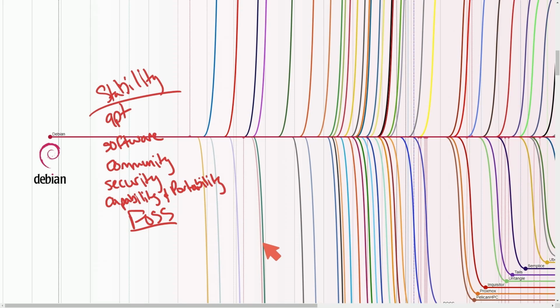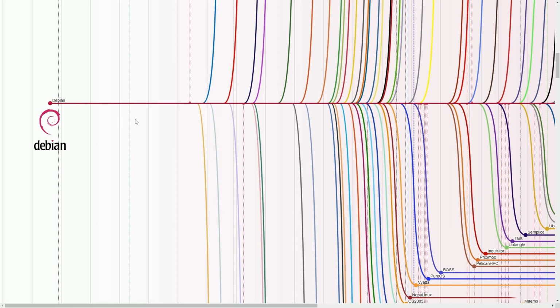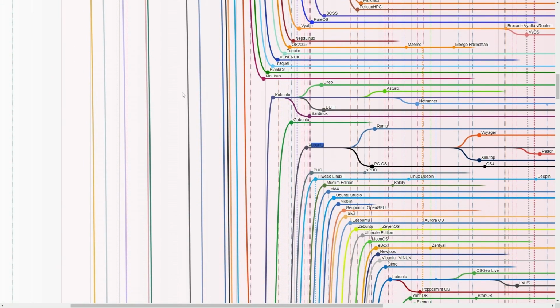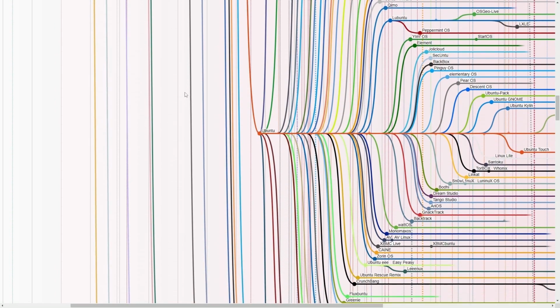It strictly adheres to the DFSG, or Debian Free Software Guidelines, ensuring that all software in Debian's repositories are built around the principles where Debian still stands today. Basically, the freedom and openness attracts users from all around and is overall a very wonderful, strong choice for operating system users. But we can't get away without talking about something that actually came from Debian, which is the most popular Linux distribution and has been for quite a while now.